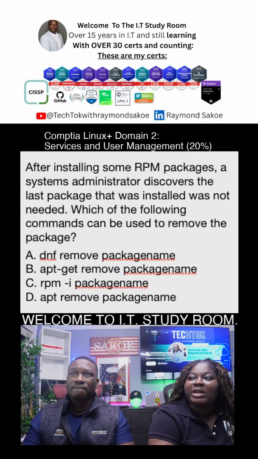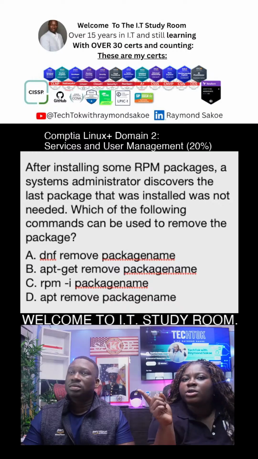So Wednesday is our Linux Plus. Thursday is going to be Security Plus, and Friday is going to be Cloud Plus. Saturday is going to be AWS Cloud Practitioner. Sunday is AZ-900. So if you are planning on taking the Linux certification, Ken wants to know what does